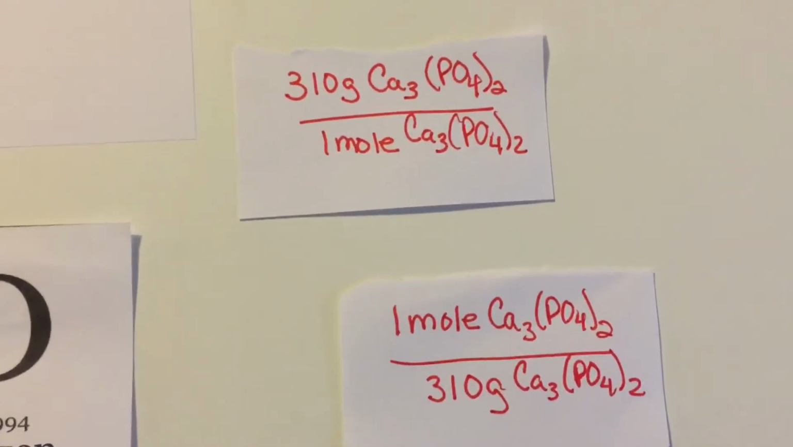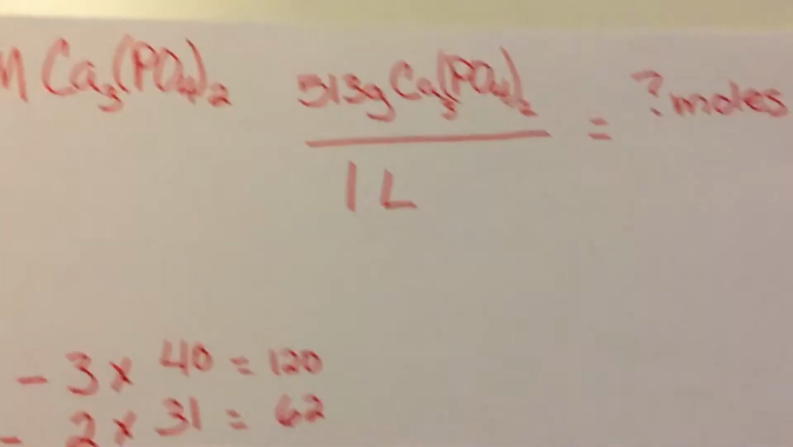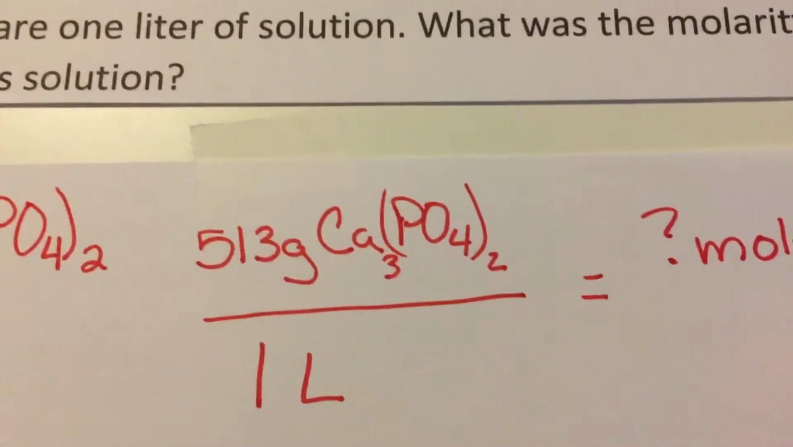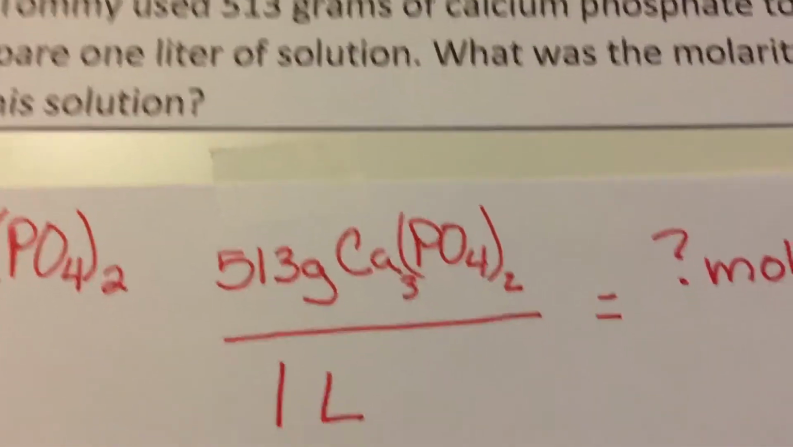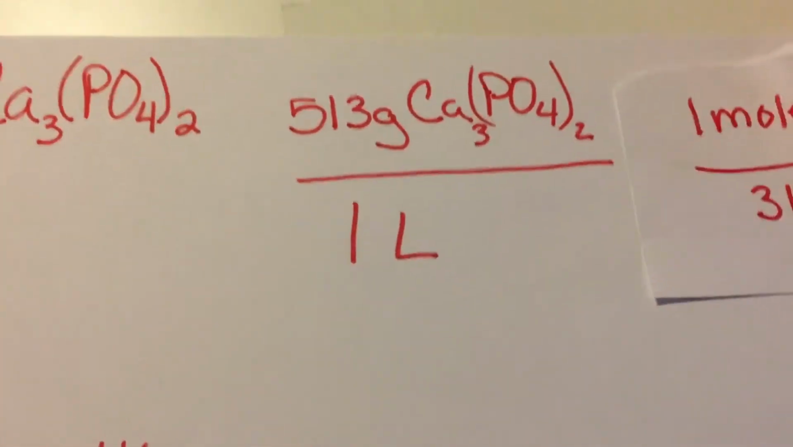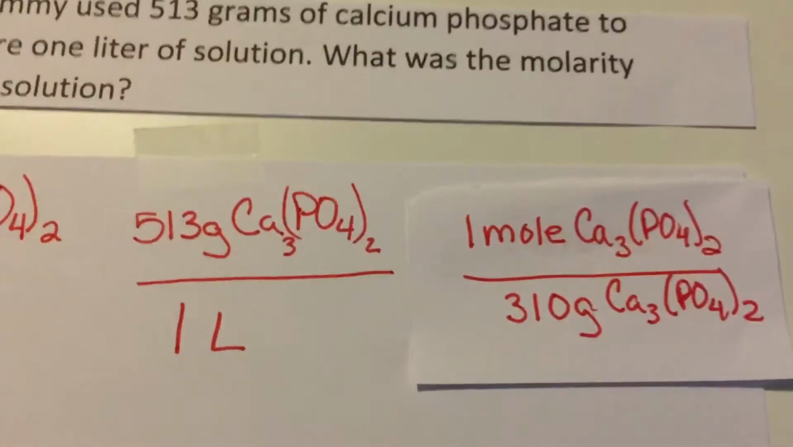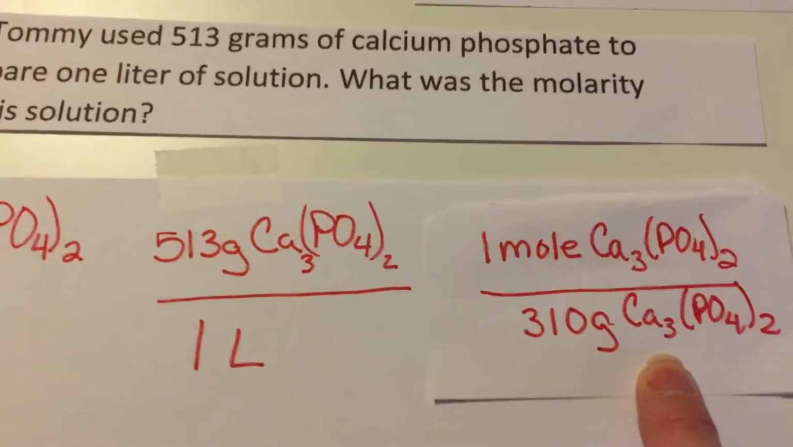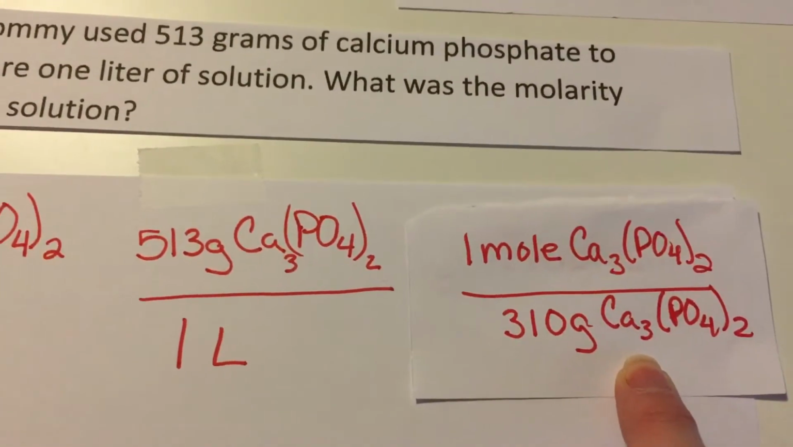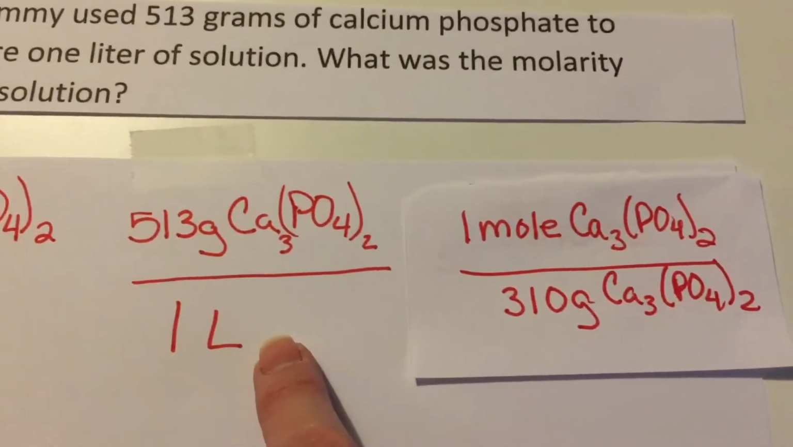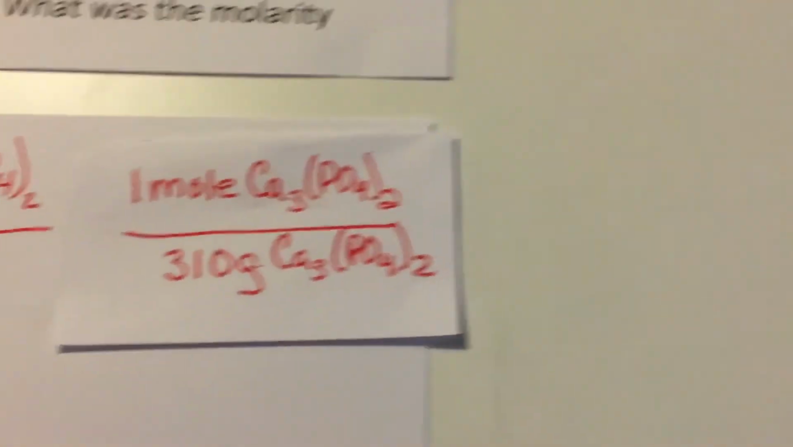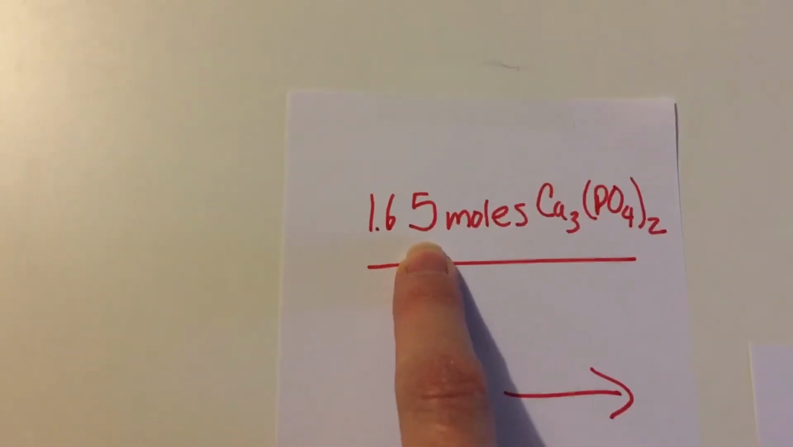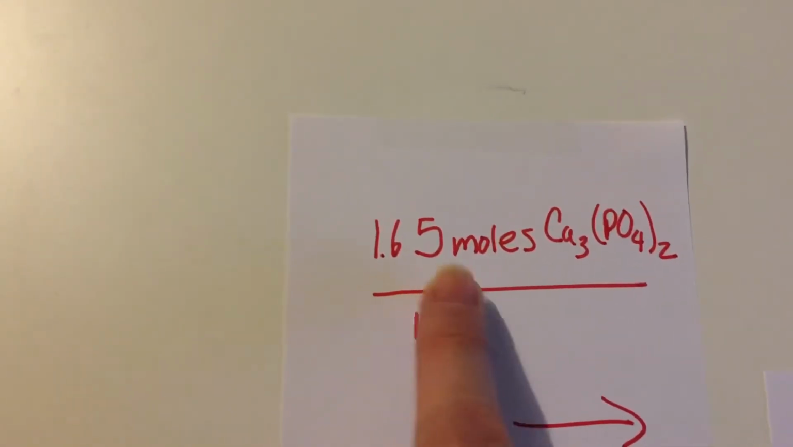Okay, now what are we looking for? We're trying to convert grams to moles. So we want grams in the denominator. So we'll use this one. So our grams of calcium phosphate cancels out with our grams of calcium phosphate. And then we'll end up with moles per liter. That sounds familiar. So we do the calculation, and it's 1.65 moles of calcium phosphate in 1